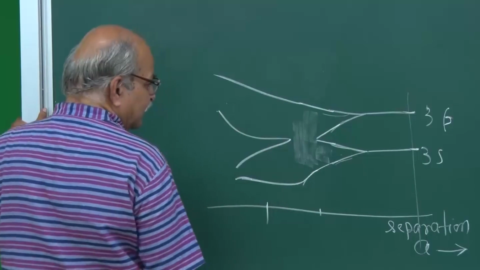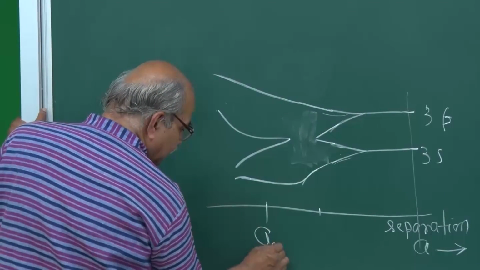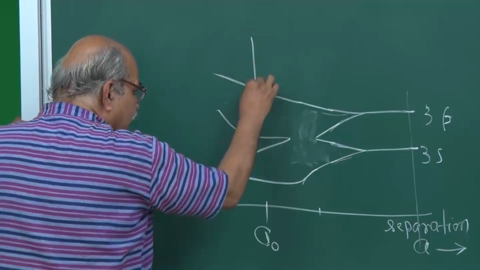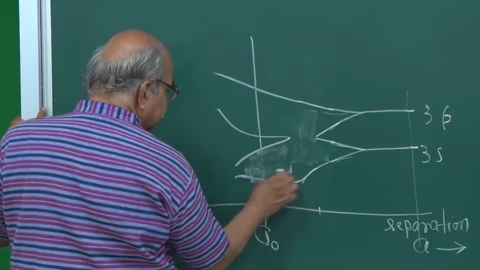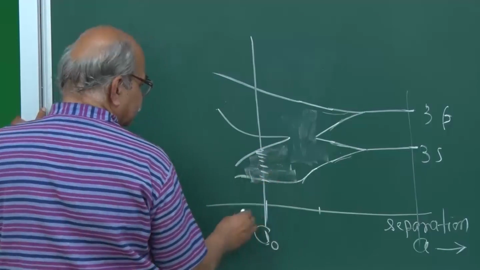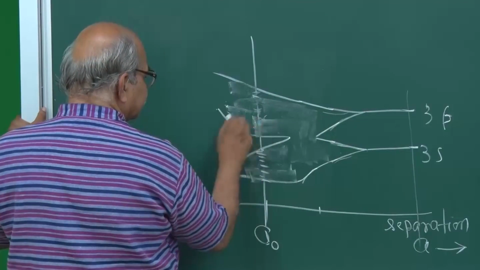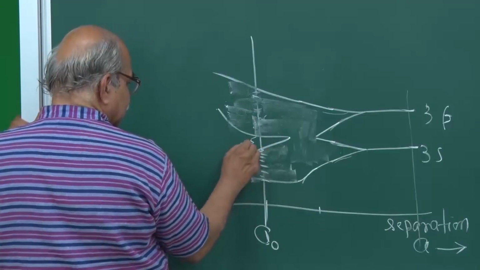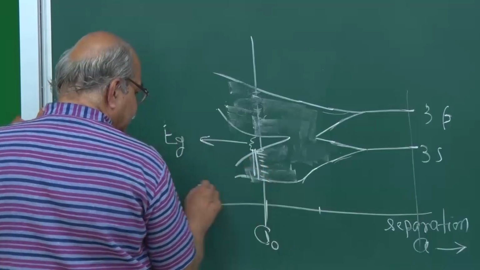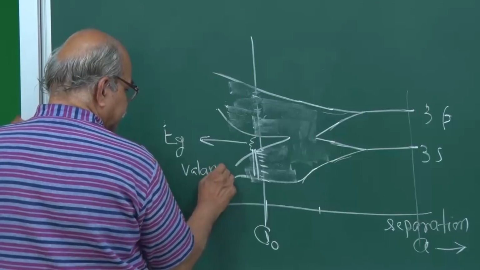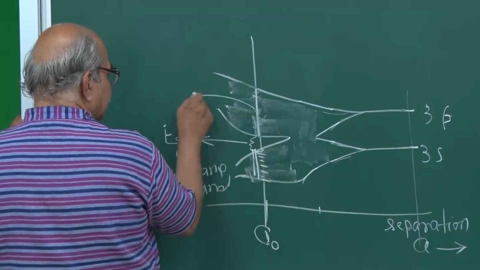Nice pictures you will find in books. Okay, so it will be like this. So the actual lattice parameter is somewhere here, and if you draw a line, you have states here. So these are the allowed energies. You have quantum states here, and this is the gap. So this is that Eg, and this is that valence band, and this is that conduction band.